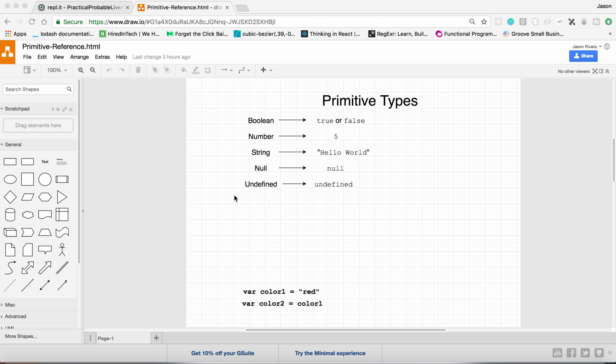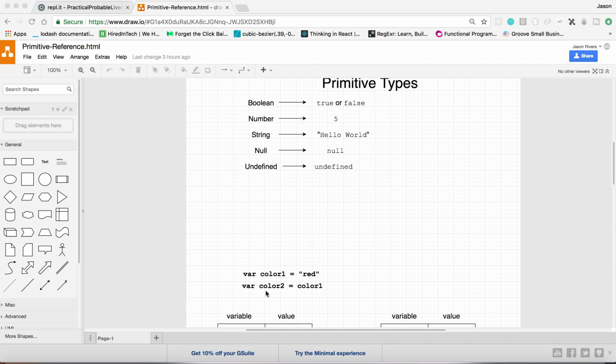With primitive types, the way it works is, let's say we have a variable called color1, and we set that equal to a string called red. And we have another variable called color2, and we set that equal to another variable, the one we defined above, which is color1. So both of these essentially have primitive types as their values. The key thing to note is, when you assign a primitive type to a variable,